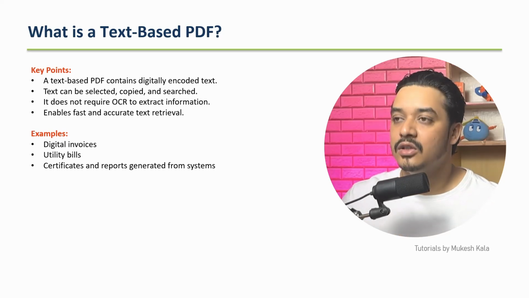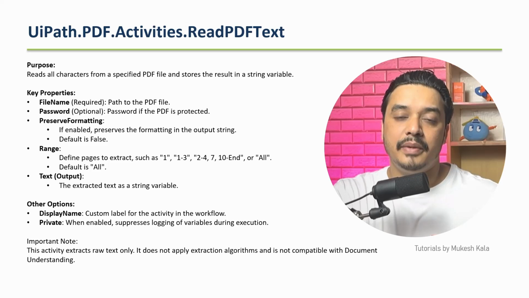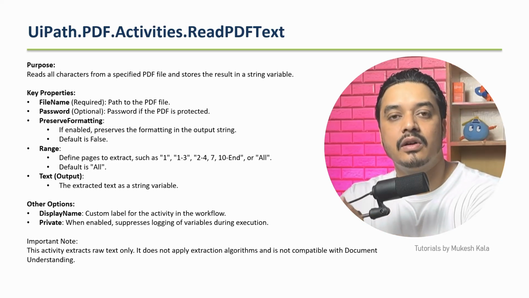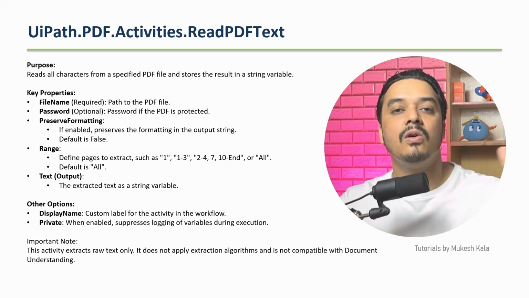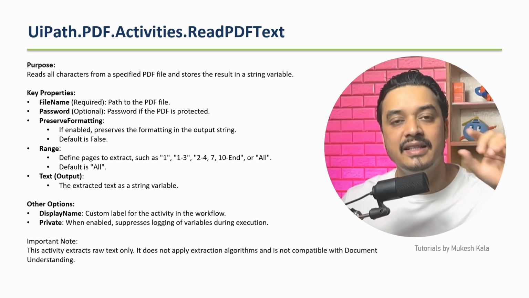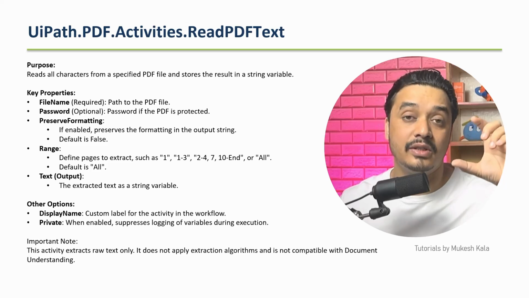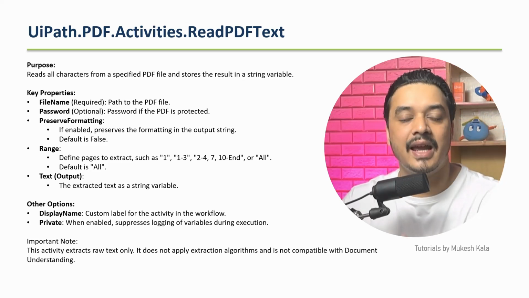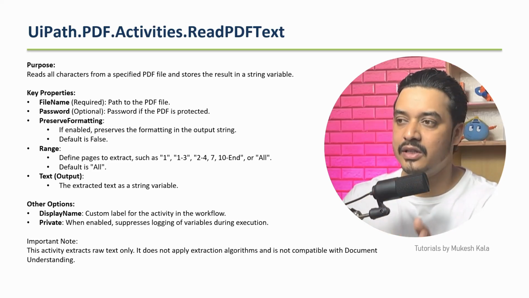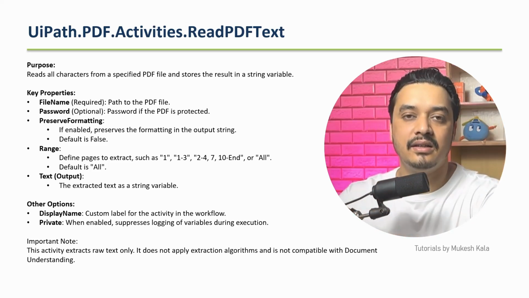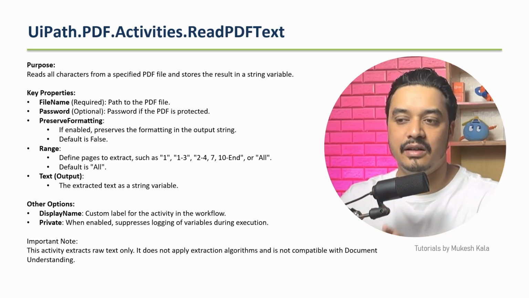Okay. So in the previous video, we have seen that I need to have UiPath.PDF.Activities, which gives me all the activities in UiPath to automate the PDF. And inside that same package, I have something called the Read PDF Text activity, and these are all the properties. I'll not go into the theory. Let's try to do it practically,